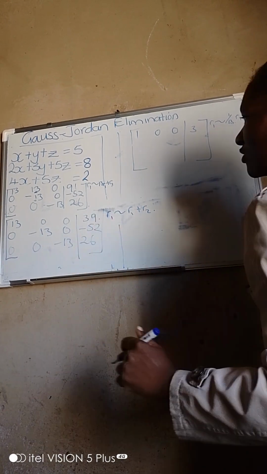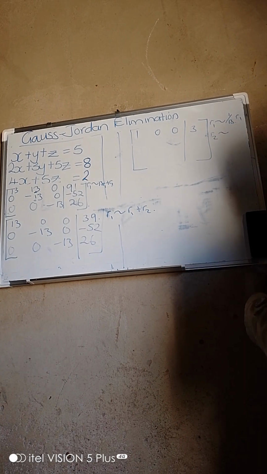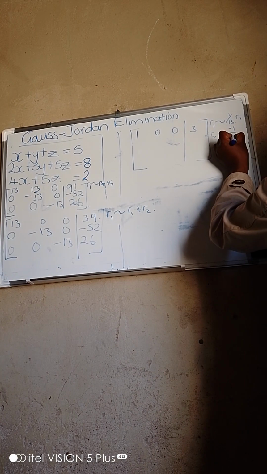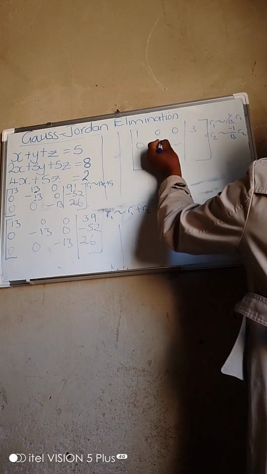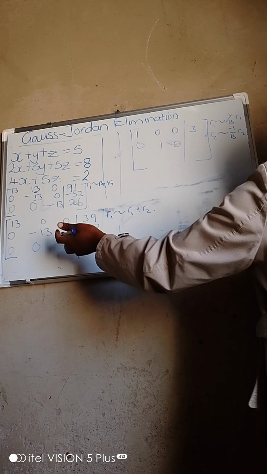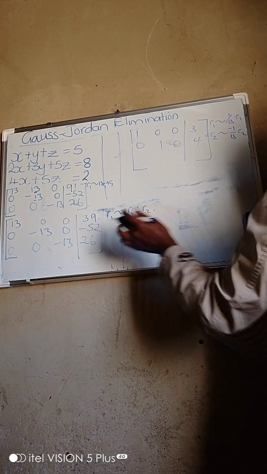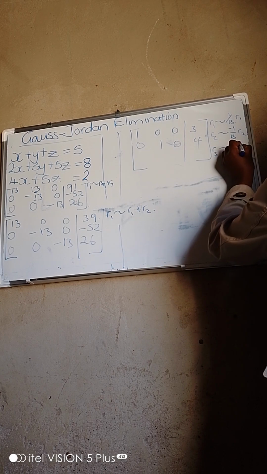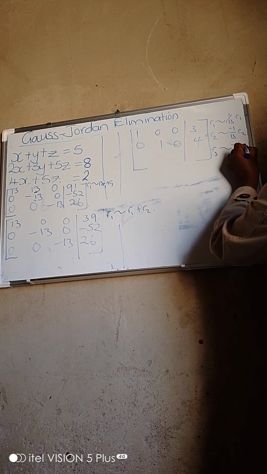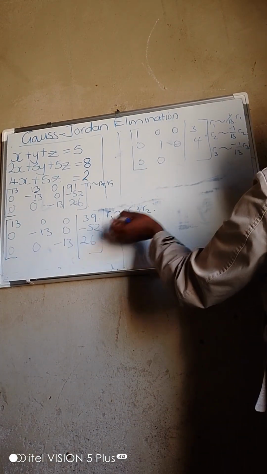For the second row there, it's row 2 follows minus 1 over 13 row 2. So 0, 1, 0, minus 1 over 13 times this, it's 4. Then row 3 follows minus 1 over 13 row 3. So it's 0, 0, 1,